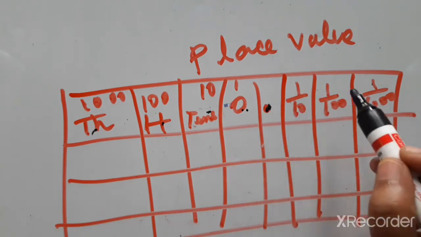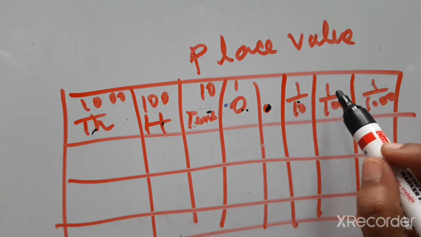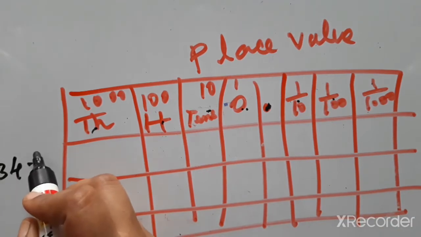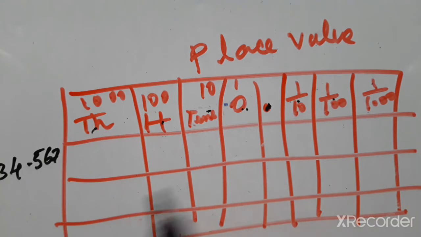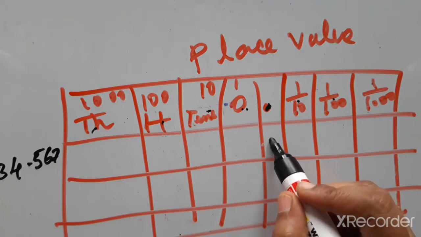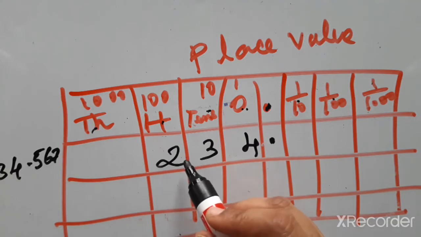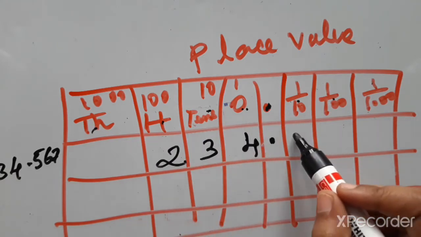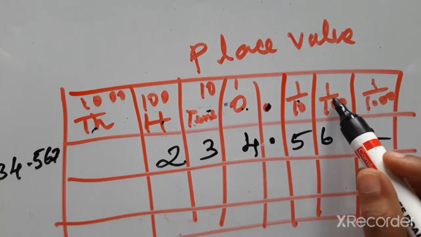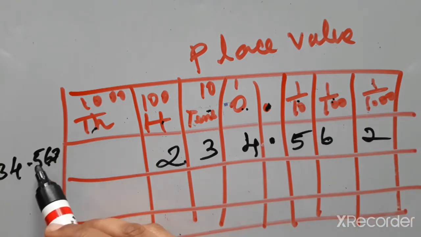After the decimal point, 1 by 10, 1 by 100, 1 by 1000, 1 by 10,000, 1 by lakh, means tenths, hundredths, thousandths. For example, we have to write 234.567. We have to write 234 point. So before the decimal point 2, 3, 4, 234, 4 in the ones place, and after the decimal point 5, 6, 7: 7 in thousandths, 6 in 1 by 100, 5 in 1 by 10. Don't consider this 2 as ones place, 6 as tens and 100. Always.